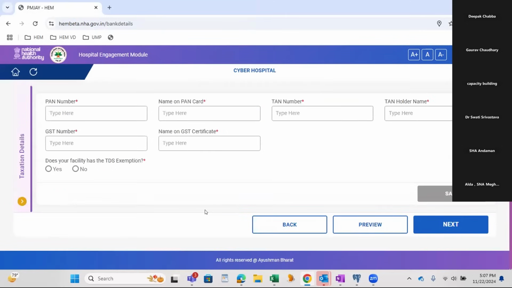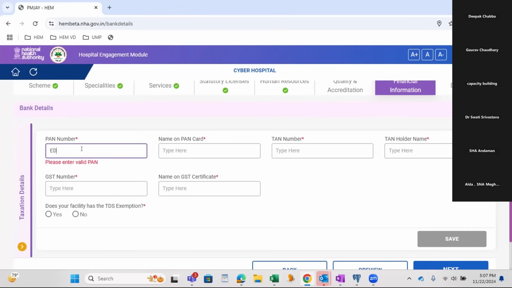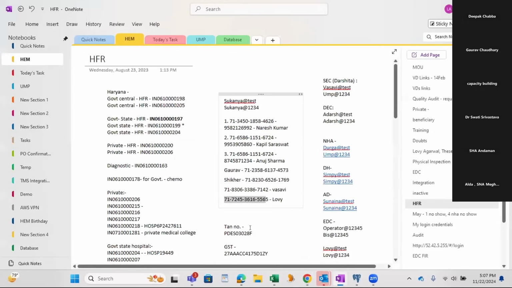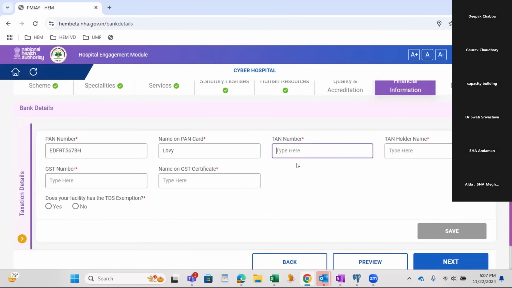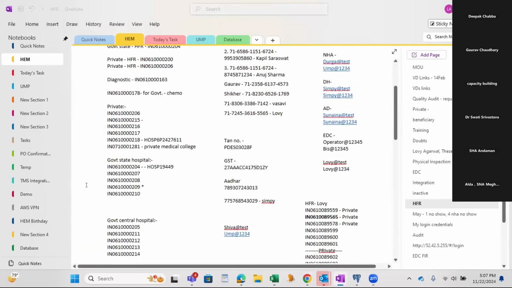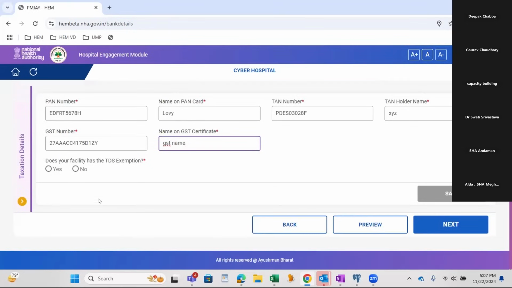Now taxation, all the tax information like PAN number, TAN number, I'll fill these details. TAN name, GST number, and again GST number, GST name. Does your facility have a TDS exemption? If you click on no, save is enabled.